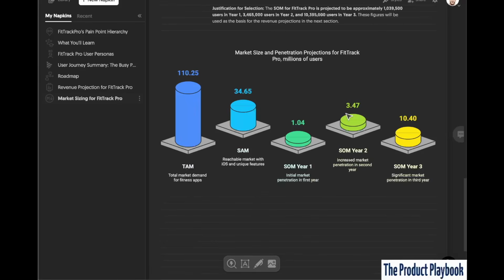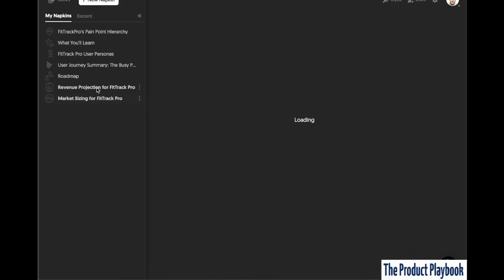Like I said, if you want better charting, there are tools out there as well. But this is pretty good for an infographic. And if I spent more time in Napkin, there might have been some other visuals that would work with this as well. And for the revenue projection,